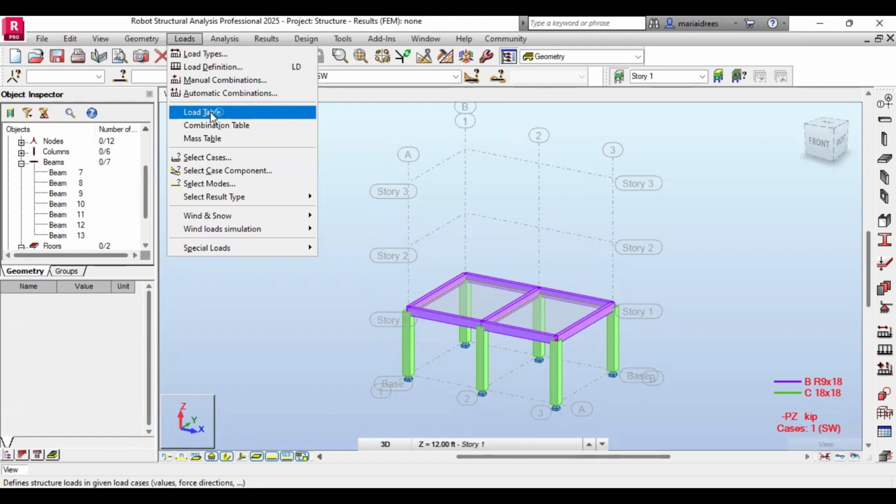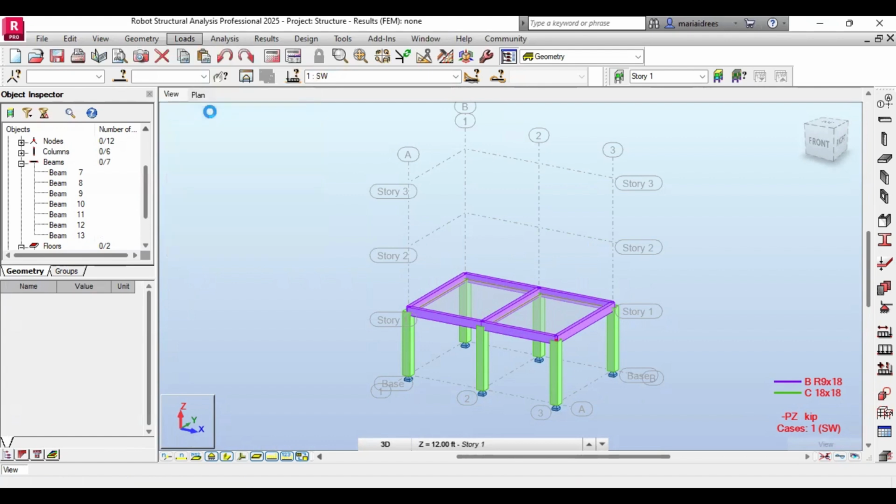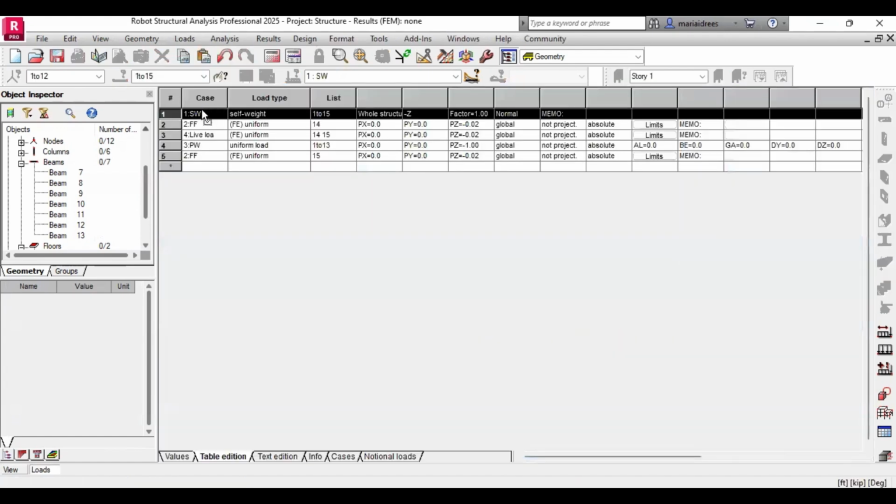Load table is here. You can find that the first one is self weight, 1 to 15 for the whole structure, direction -z, gravity direction, factor 0. Then we have applied the finished floor, then live load, then partition wall. Wait a minute. So no problem at all. Now what we need,